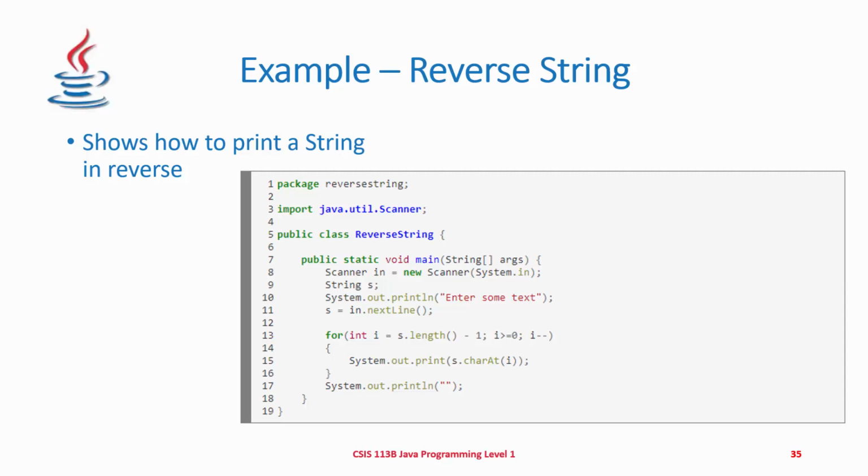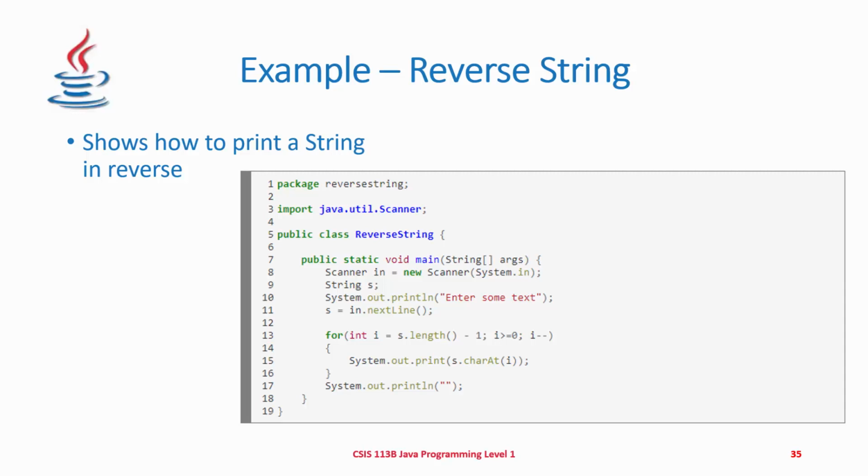In this case, we're just asking the user to enter some text, assigning that text to a string s, and then in the for loop, again, we're using the length of the string as our Boolean expression, that is the bounds. But this time you can see that we're going to be decrementing our counter. So the counter here is going to be integer i,